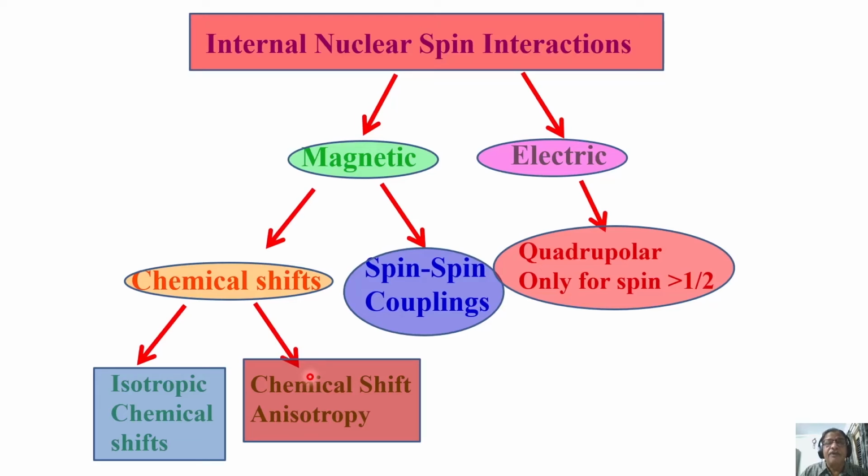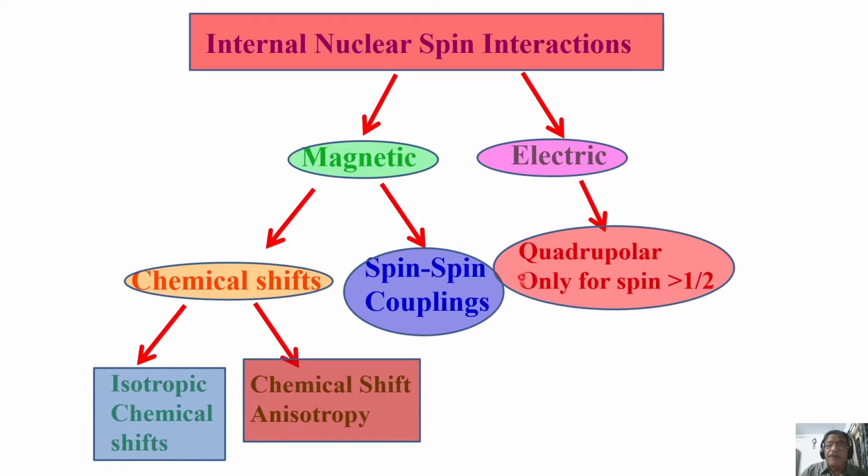We can define them. And all these parameters are anisotropic in nature. That means the value of this parameter, which you measure in different directions, will be different. It is not the same in all the directions. That's what happens. For all parameters in NMR, for example chemical shift, there is an isotropic component and an anisotropic component. I'll tell you why the isotropic component comes later.